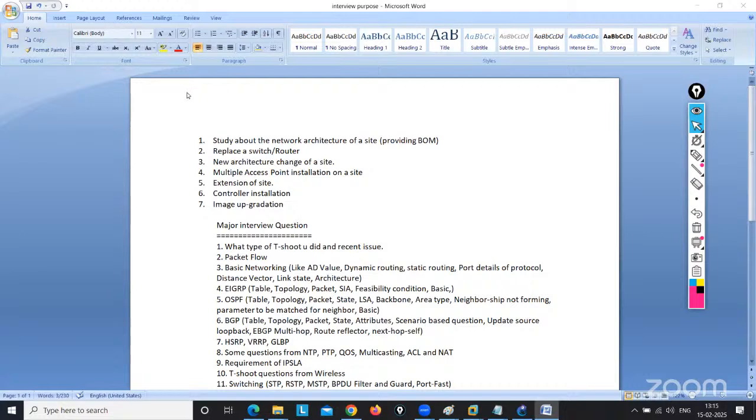Yes, because to clear the paper is very easy. For the CCNA and CCNP level papers, how can we clear them? For that you need to read the commands one by one. But the most important thing while you are doing CCNA and CCNP is that, even if you have the certification, you should have the knowledge, because everyone knows how people get the CCNA and CCNP certificates. So you need to clear all the topics, how the interviewer asks. These things we need to cover here. Okay. Yes, sir. Thank you, sir. Okay, no problem.